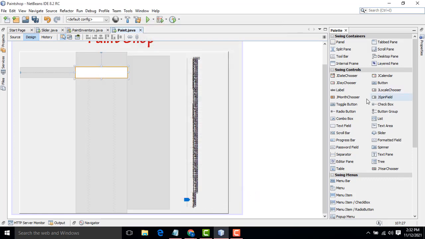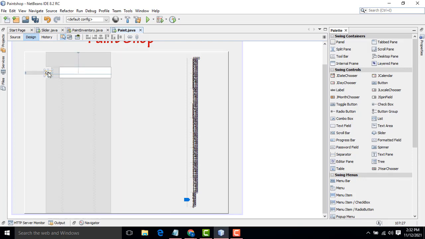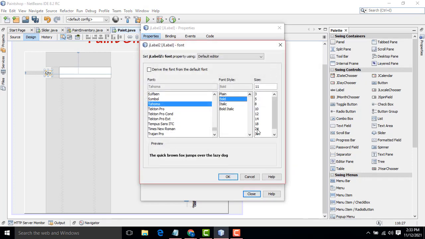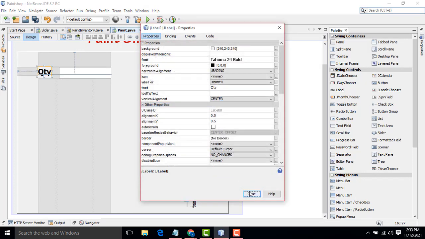This one I have to name as a label, quantity. Properties, bold, 24. Perfect.